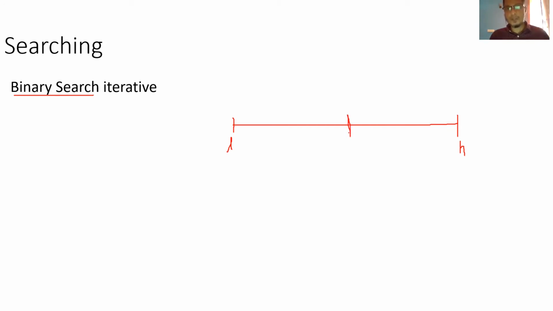Once you get the mid element, you check the item you are searching for, whether that item is less than the mid element or greater than the mid element. Based on that, your search area narrows. In this case, if the item is less, the next search area will be only this much, so this part is ignored. Similarly, when you search in this area, you take the mid of that and check whether the item exists here or here. Based on that, again your search area becomes narrow. So this is how you can achieve O(log n) time.